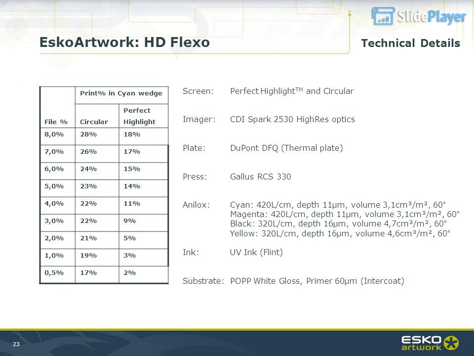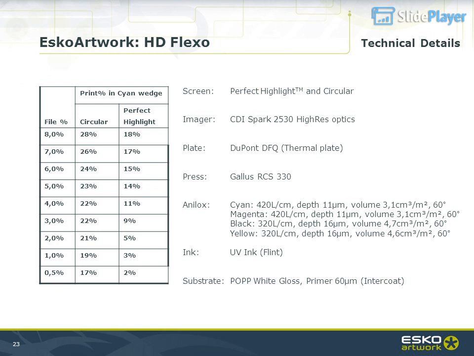Imager, CDI Spark 2530 high-res optics. Plate, DuPont DFQ, thermal plate. Press, Gallus RCS 330. Anilox, cyan, 420 lines/cm, depth 11 micrometers, volume 3.1 cubic centimeters per square meter, 60